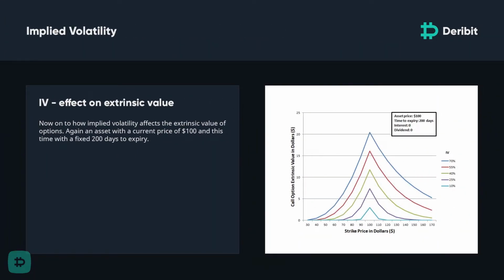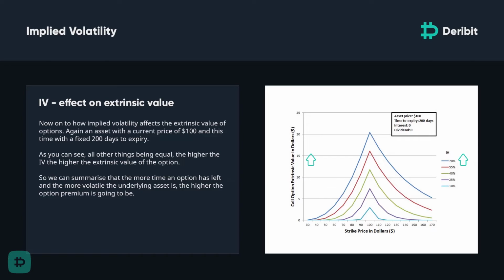Now, onto how implied volatility affects the extrinsic value of an option. Again, like our previous chart, an asset with a current price of $100 and this time with a fixed 200 days to expiry. The chart displays the extrinsic values of call options in dollars for each implied volatility percentage point, and for various strike prices shown in different colors. As you can see, all other things being equal, the higher the IV, the higher the extrinsic value of the